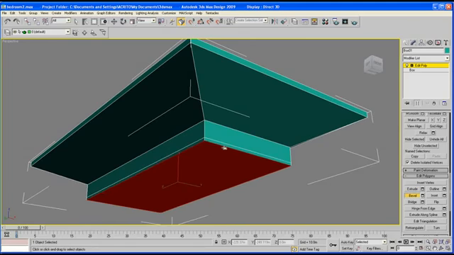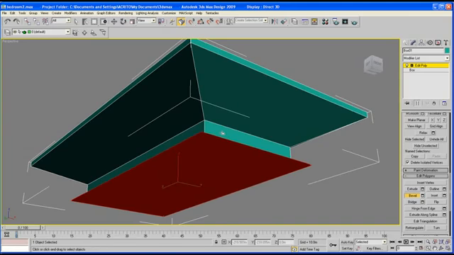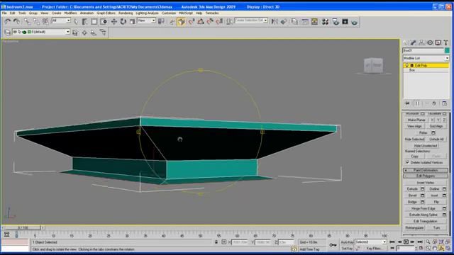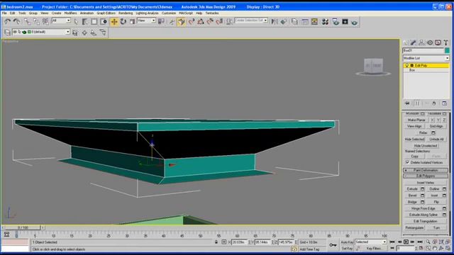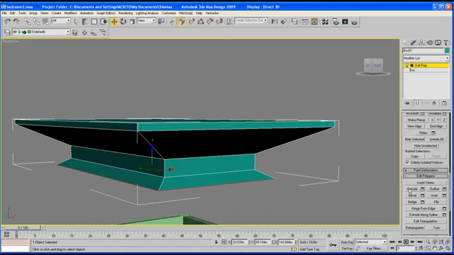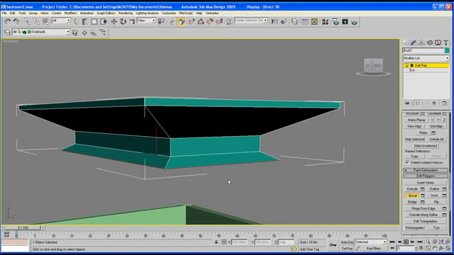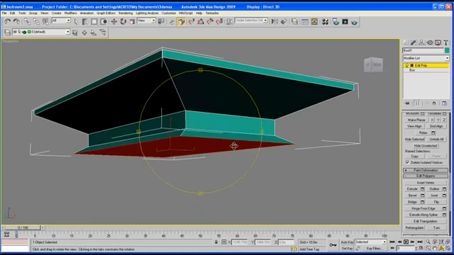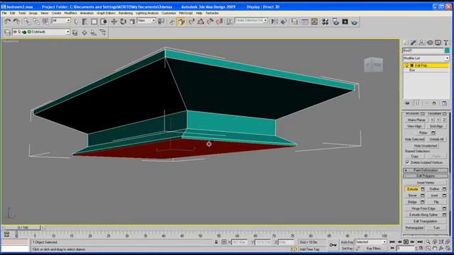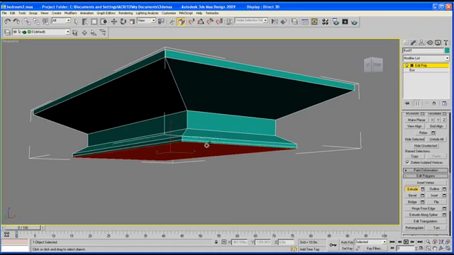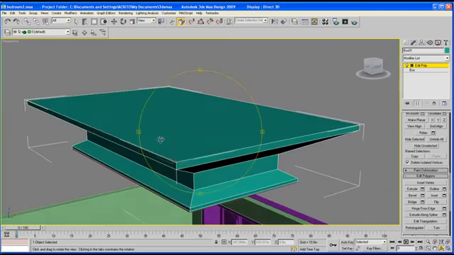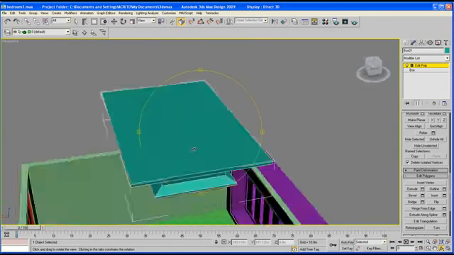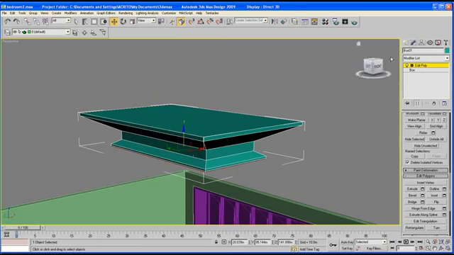And now we are going to use this one more time. So spread it out like so. Bring that down slightly. And then extrude this. Maybe a little bit more. And I think we've got the base of our bed. Just drag that down, so